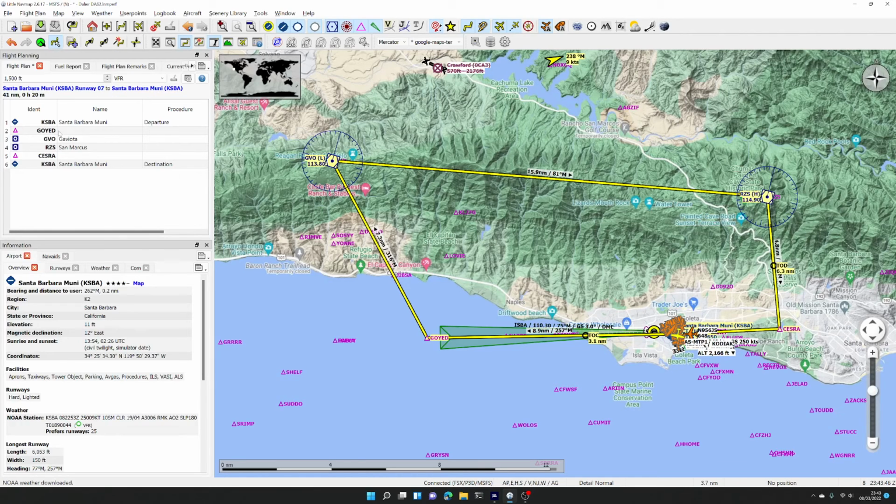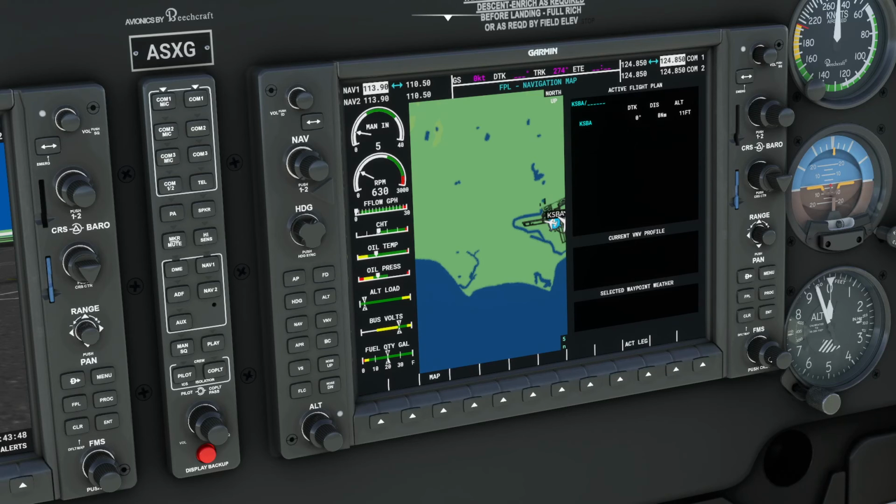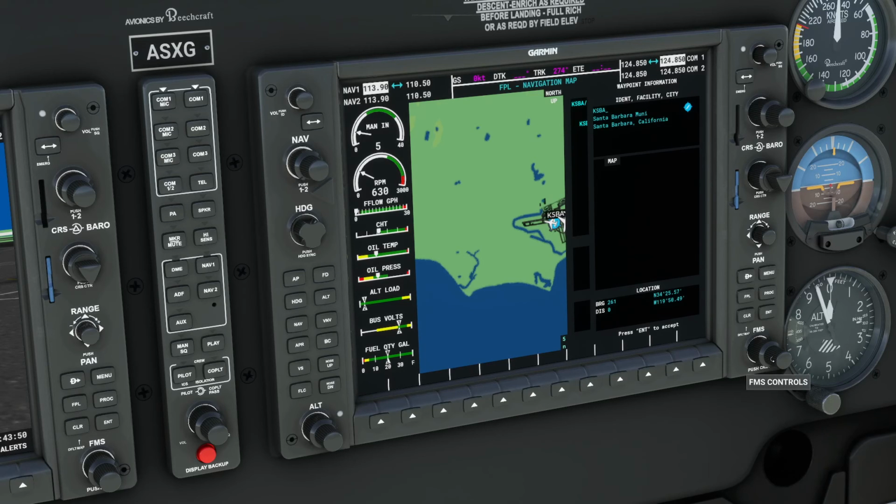Next I want to go to Goyed, which is a waypoint. So again, roll the inner knob and it pulls up the search. We want to begin with G, so I'm going to roll left to go back to G, then roll right to go to O, and Y, so I'm going backwards through the alphabet and then forwards through the alphabet. You'll notice it starts filtering towards the last couple of characters because there are only so many that match